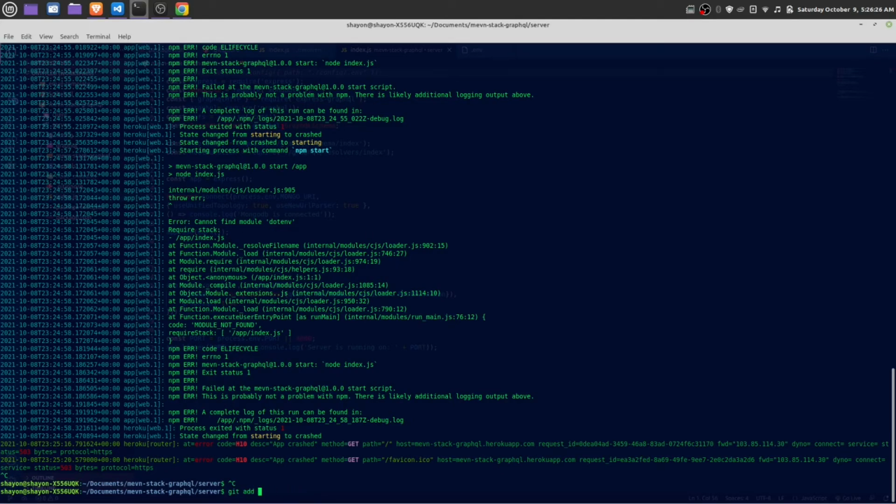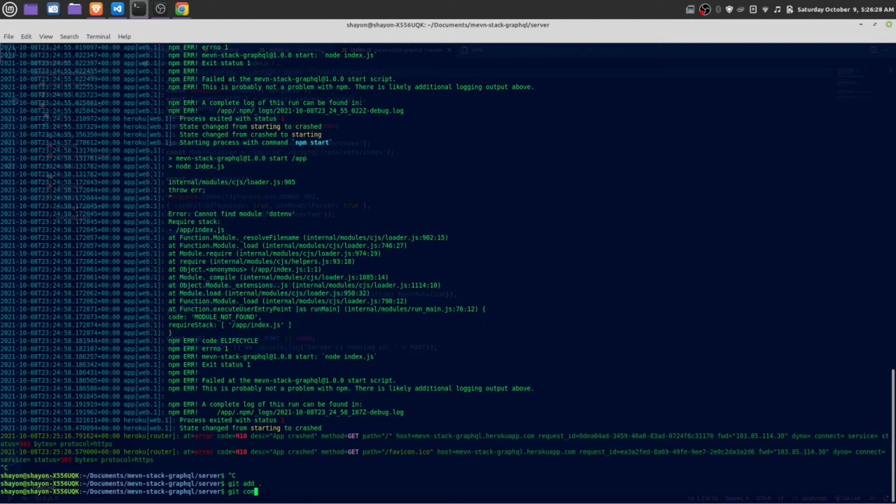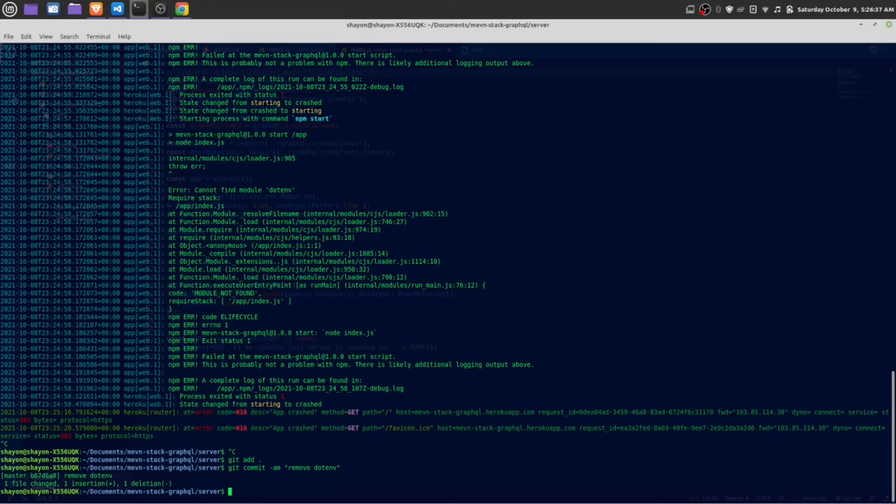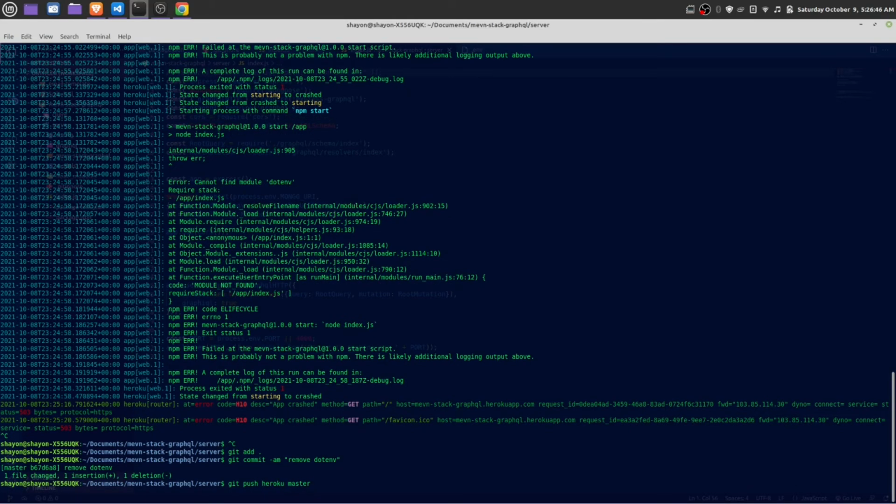git add, git commit -am, remove .env. Once again, git push heroku master, the name of your branch.